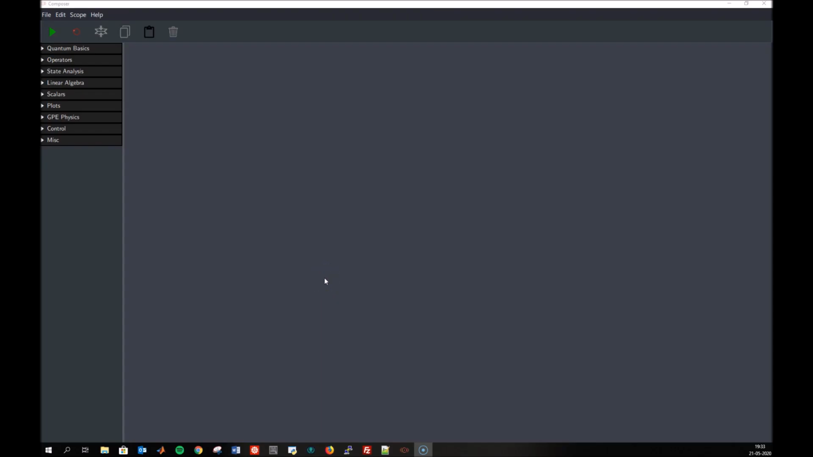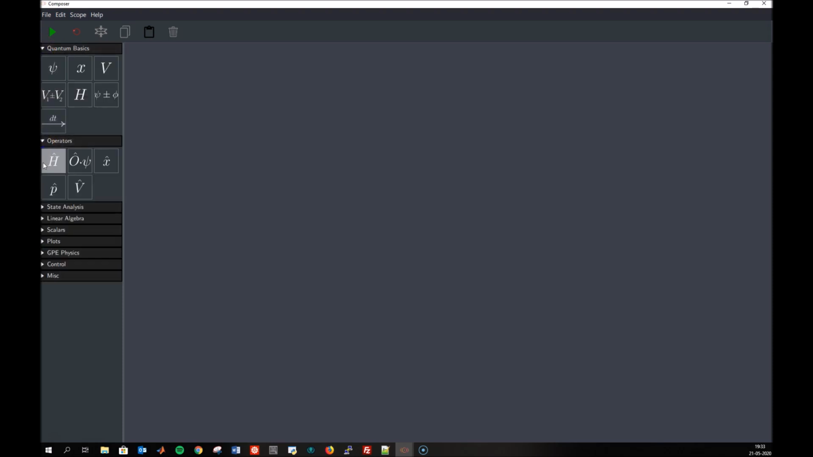Hi, today I'm going to take you through a brief tutorial of Quantum Composer. You can see that I've got Composer open in this window, and the interface looks like the following. Up here you've got the typical menu options, and here on the side you've got a bunch of different node